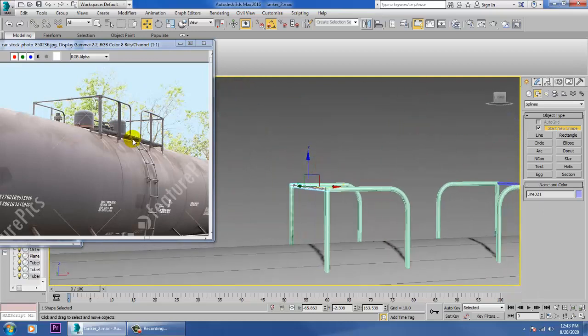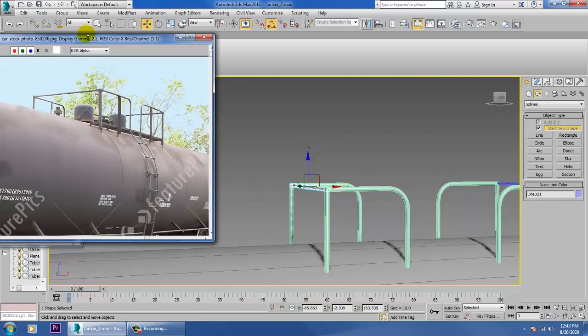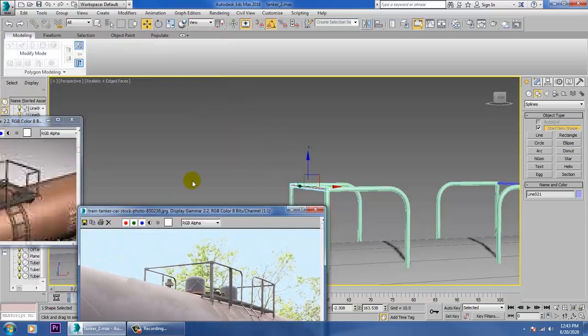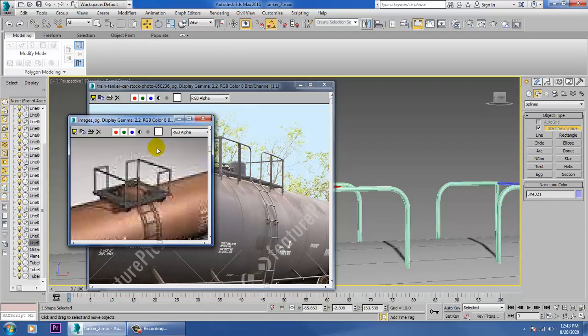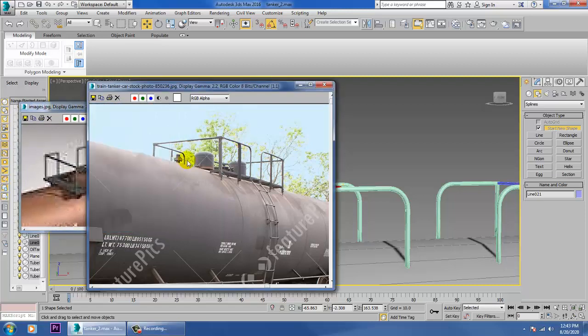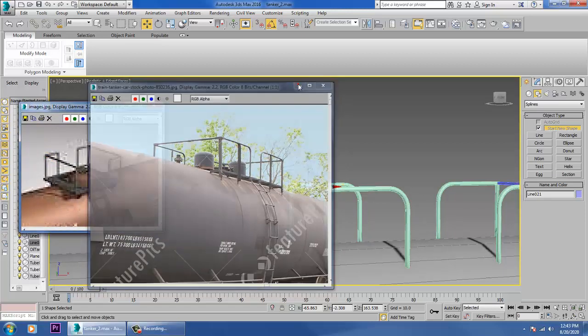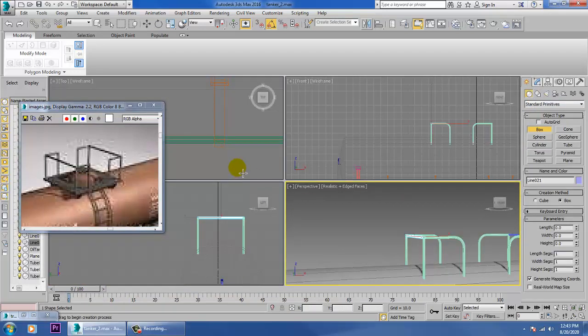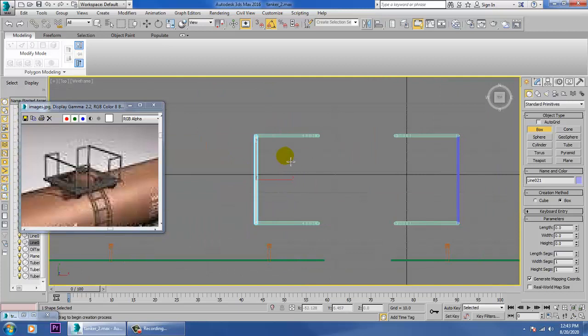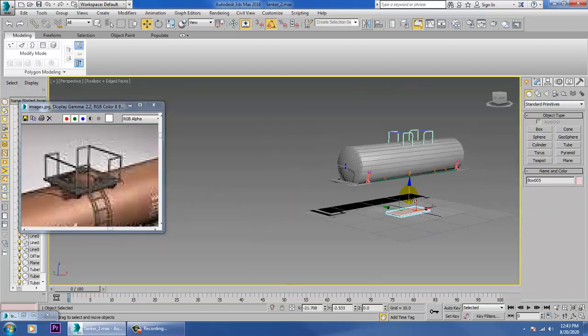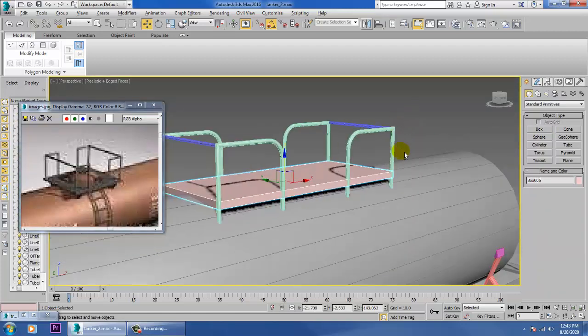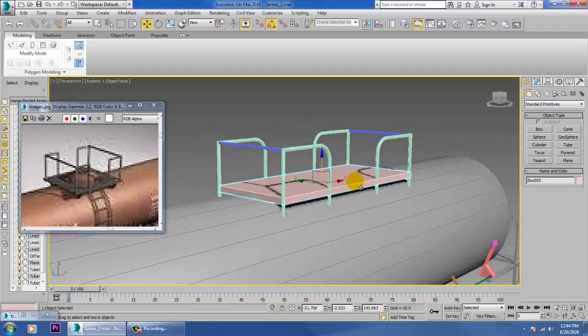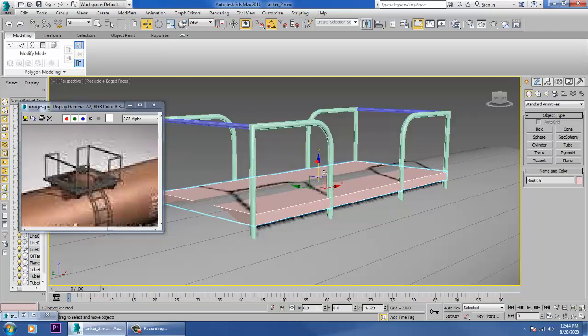After making a copy, let's take a rectangle on top of it, or you can take a box. So let's take a box. After taking a box, just push this box on top of it.